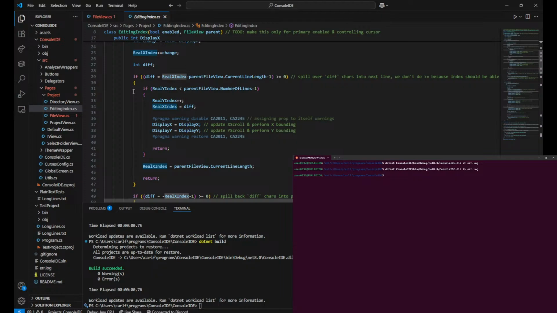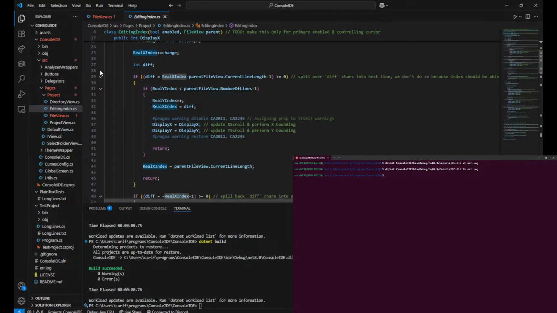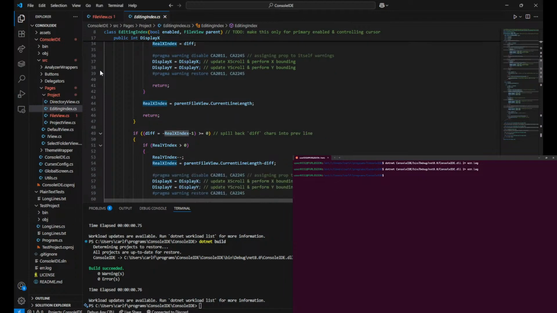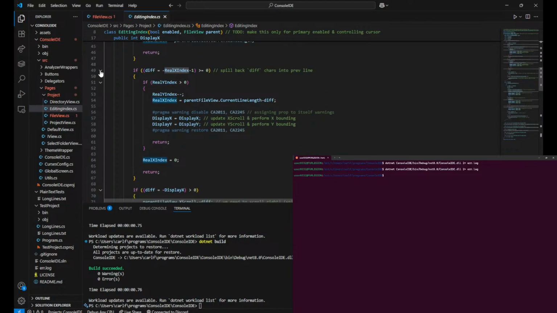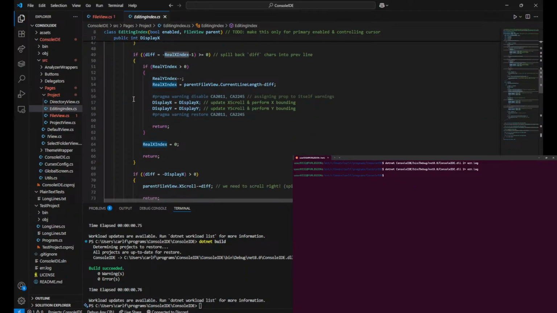If the difference, so difference is equal to the real x index minus the parent file view current line length. So it's a delta between the real x index, yeah. If the real x index is greater than the current line length, we write and real x, okay. And then